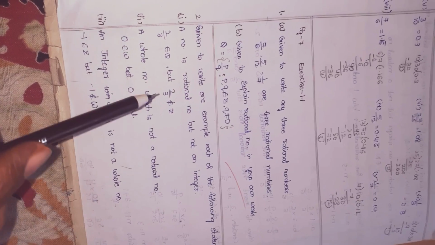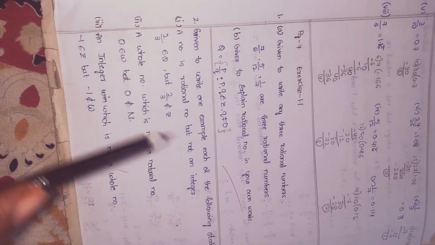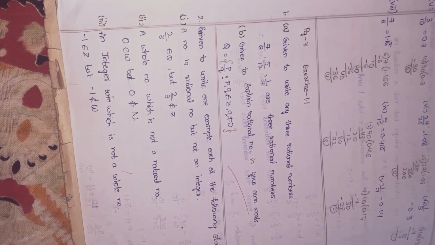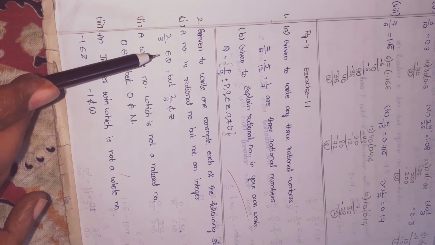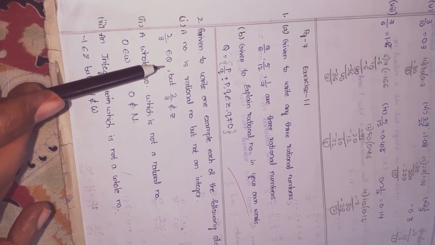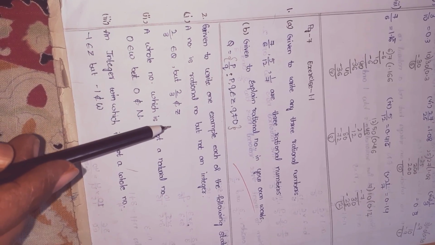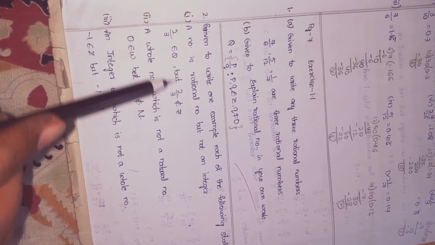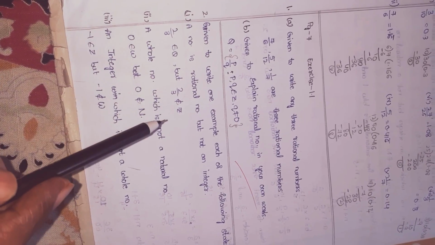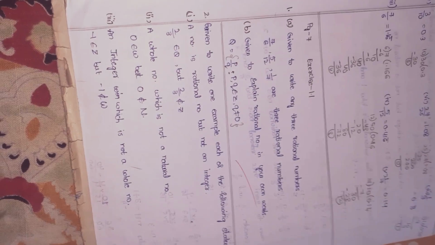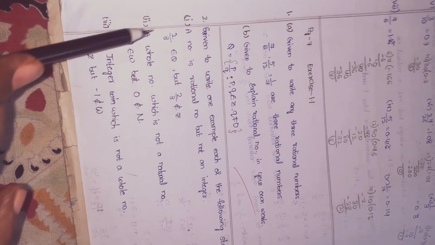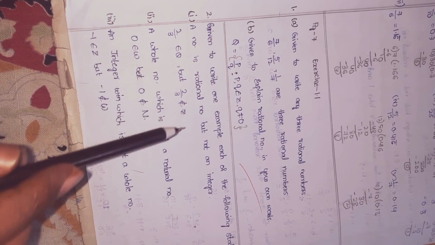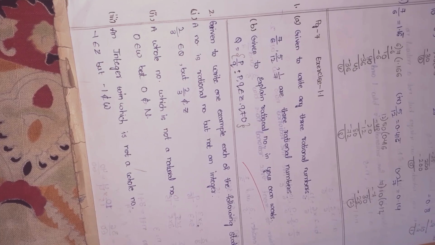So rational number is asking to give example, as well as it is not an integer also is asking to give example. So 2 by 3, if you take, children, belongs to Q, but 2 by 3 does not belong to Z. Whatever example you are taking here, that only you should take here, but one belongs to, one does not belong to, you should take. You should see that condition and take. So 2 by 3 belongs to Q, but 2 by 3 does not belong to integers. Why? Because integers means positive and negative numbers including 0.